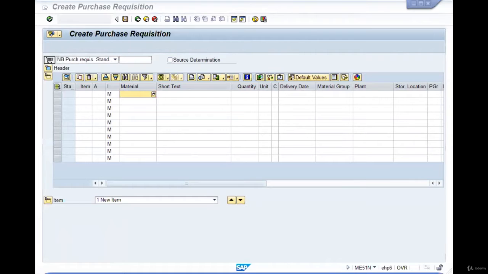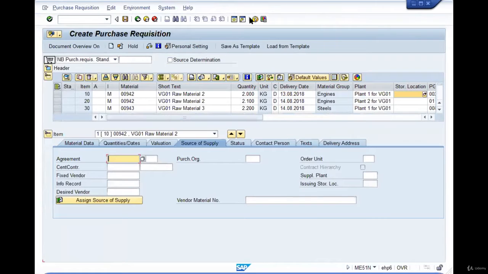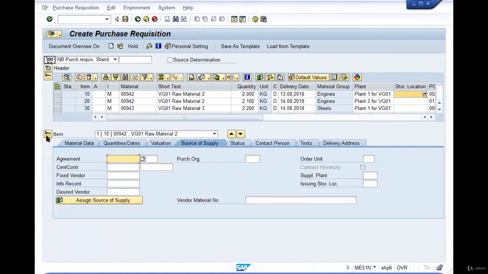So let me just enter the details. You can enter the data for any number of plants, since this is just an internal document. Since we have created two plants, I've just maintained the data for both the plants.